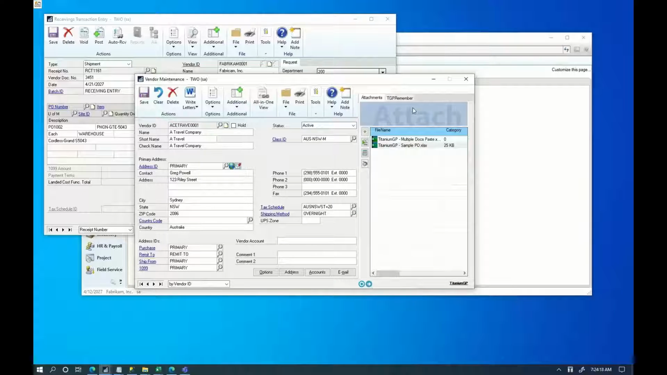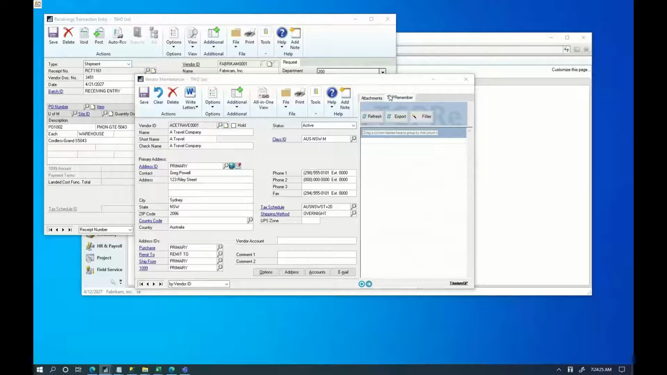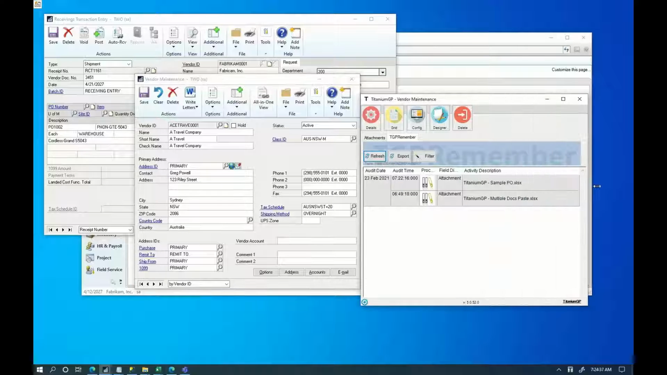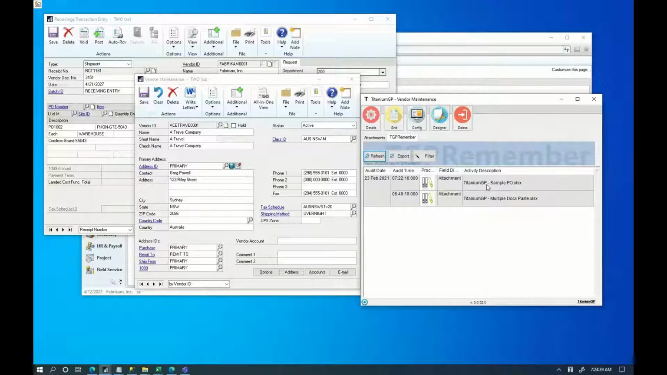But how do you identify that? In the same Elastic Windows, you have the capability to add the TGP Remember, which is an auditing tool. It will tell you what has happened to that vendor. Let me disconnect it so I can make it a little bigger. I just disconnected the Elastic Window. And here it's telling me that I added two attachments. But if I go, for example, and I say Miguel, and I save it,